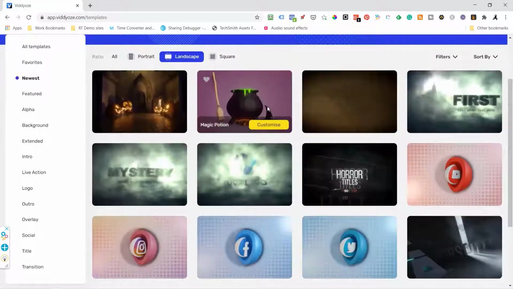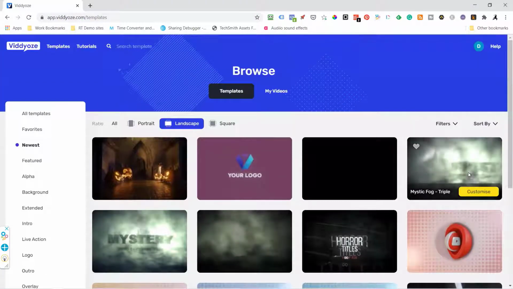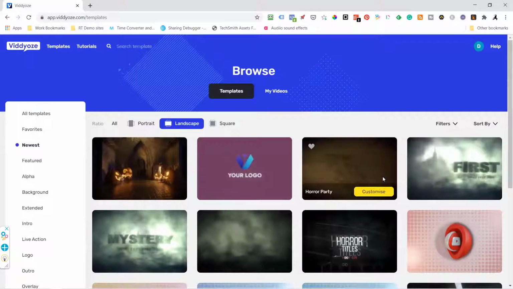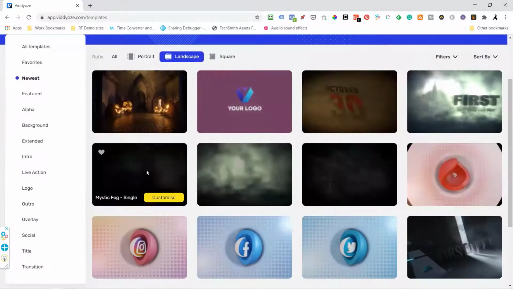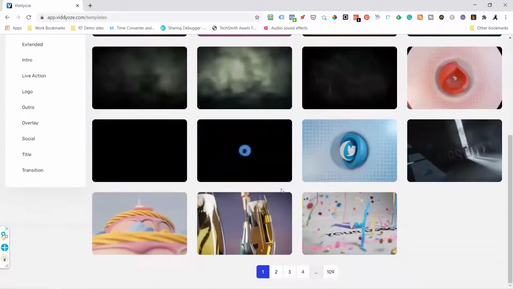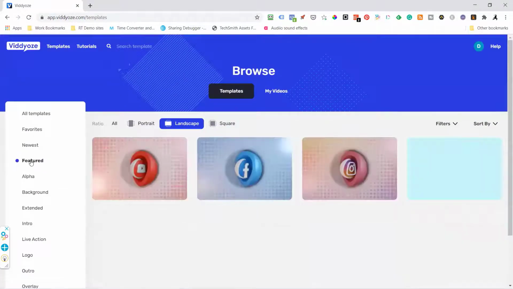Now, like I said, I got the template club. So some of these templates you may not see if you just buy the front end product. So there's a lot of different things that you can do with it. You can preview everything here. There's the YouTube swirl, Halloween, and here's some of the featured ones.